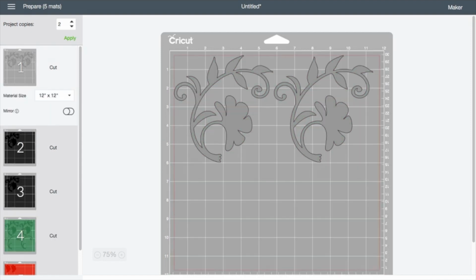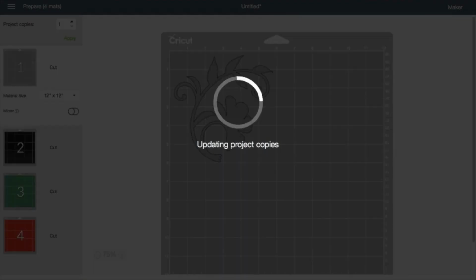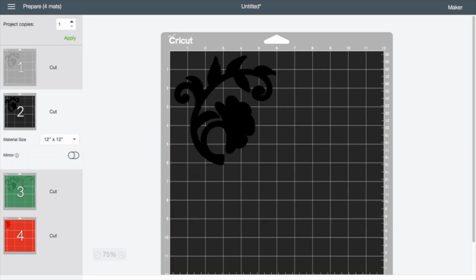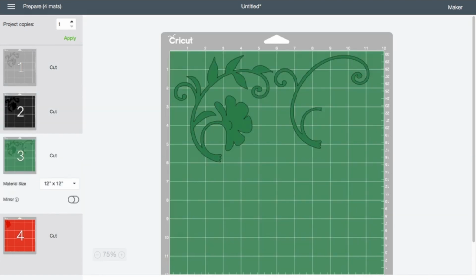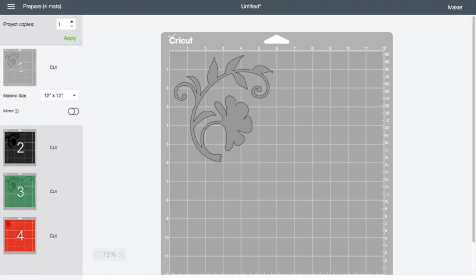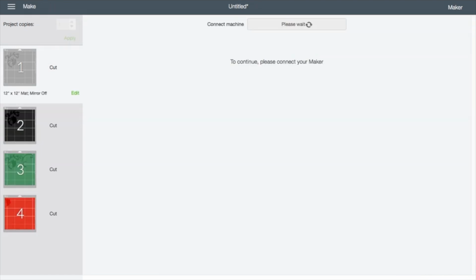Okay. So now let's do a couple things here. Let's go back to just one design for each one. So keep in mind, this is going to do 4 different cuts. And the reason why I have the different cuts as a reminder is there are the different colors that I did my design. Okay, so when I go ahead and click continue here, what is going to happen is